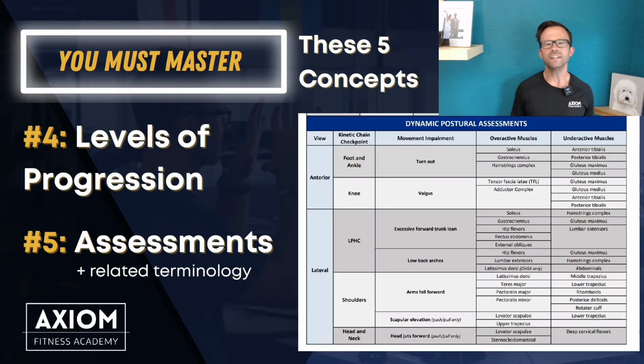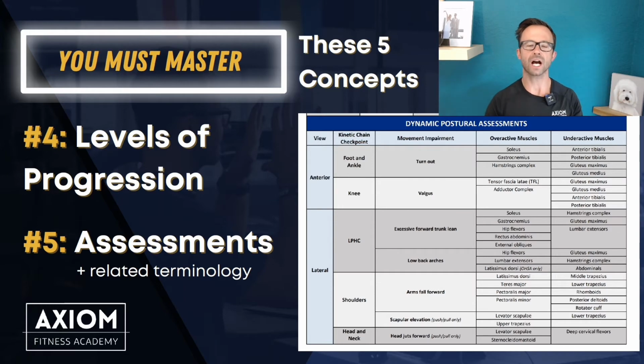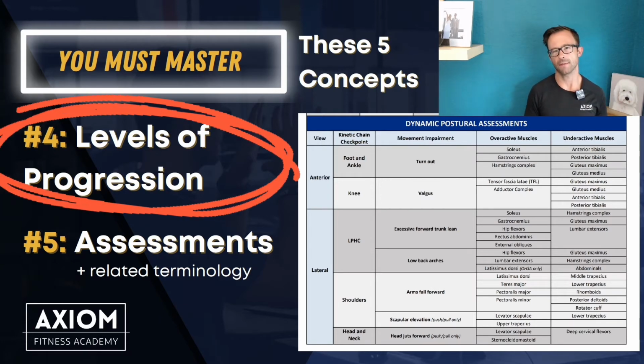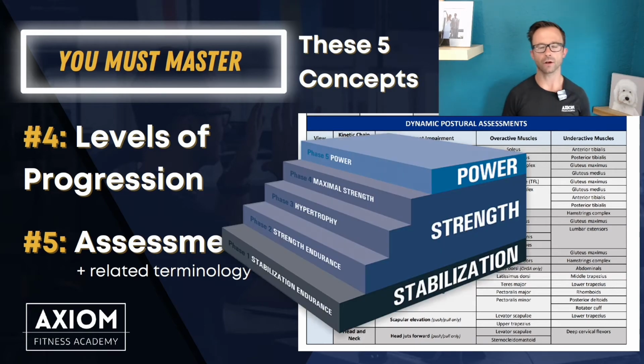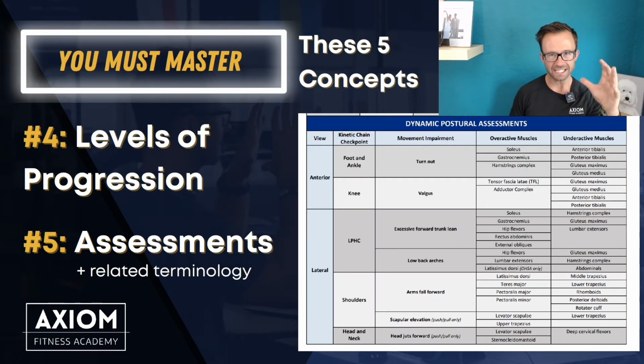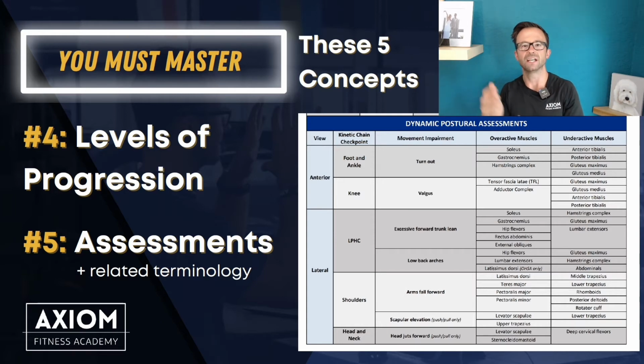Moving into the last 2 of our 5 major concepts that you really need to master if you guys want to do well on the NASM exam. Number 4, levels of progression. And this is probably a little bit of a cheat because it ties back into the OPT model, but very specifically, as you look at chapters 13 through 20 especially, you're looking at things